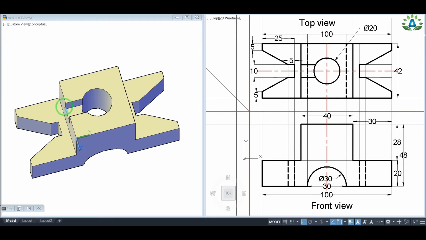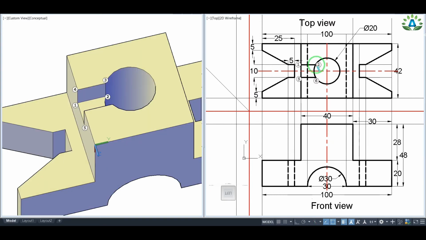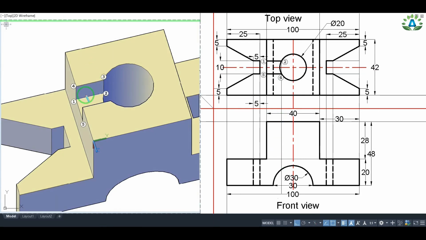But on this side we can see a small rectangular cut of depth 10 mm which is given here. We can see its depth as 10 mm. So we will be able to see these hidden lines coming from this cut portion in this part of the front view. So we have to make lines coming from points number 2 and 3 to the front view, like this. And we will be able to see this line along this line, and it will appear as a hidden line. And the height of this cut portion is 10 mm.